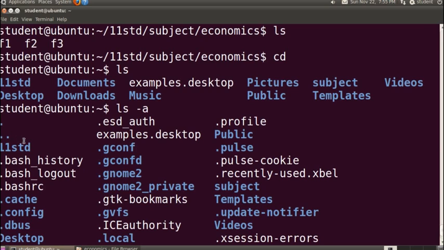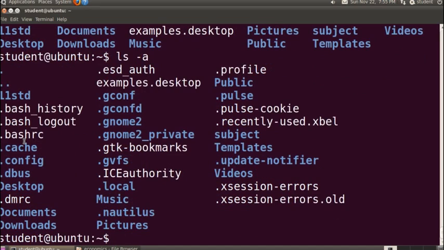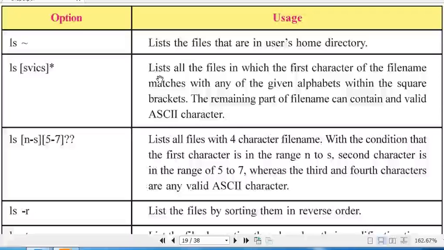Okay, fine. So now we will have a look at other options used with this ls command. The first option is ls and then the tilde sign. It lists the files that are in the user's home directory. Then comes ls, then a square bracket, and inside the square bracket you type any alphabets, that is S, V, I, C, S is typed here, close the square bracket and asterisk sign.